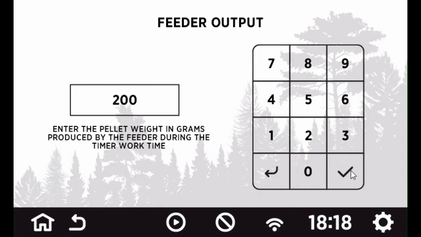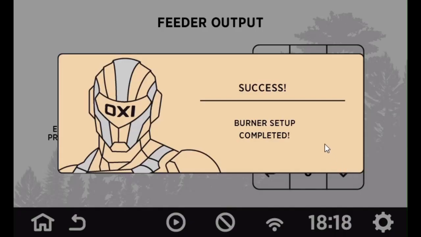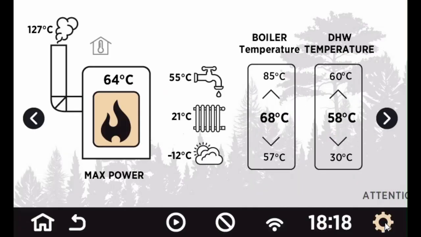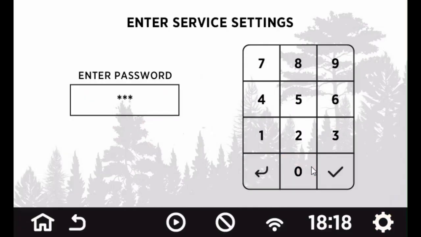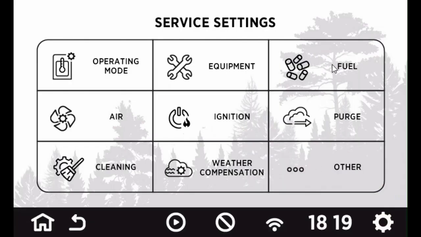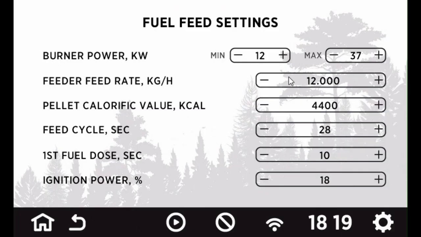Click confirm. And that's it. The burner is set up. Now let's go check what it has configured for us. In the fuel section, you will see the auger's output of 12 kilograms. It calculated it itself. It set the burner's maximum power, minimum power, and all the other parameters we can go